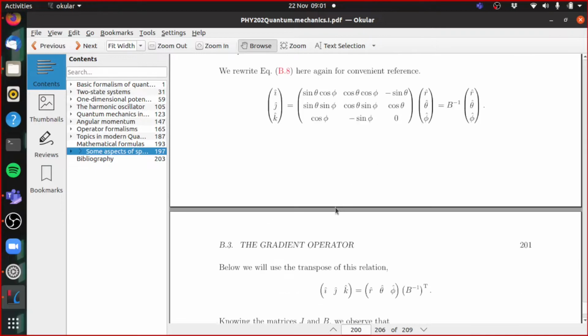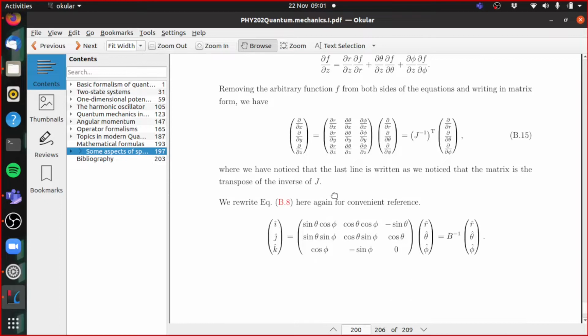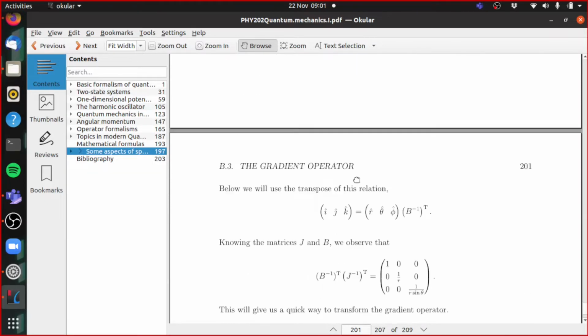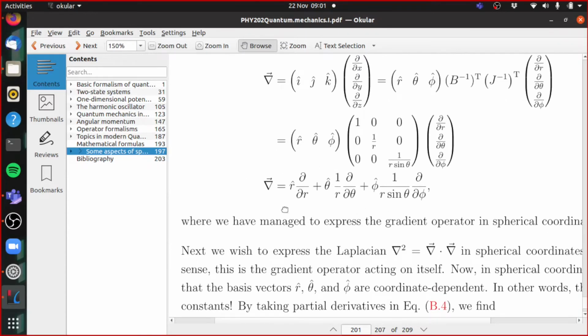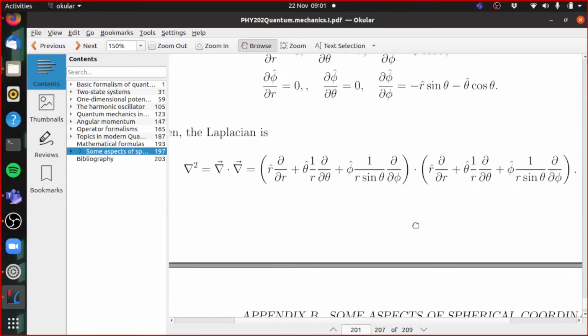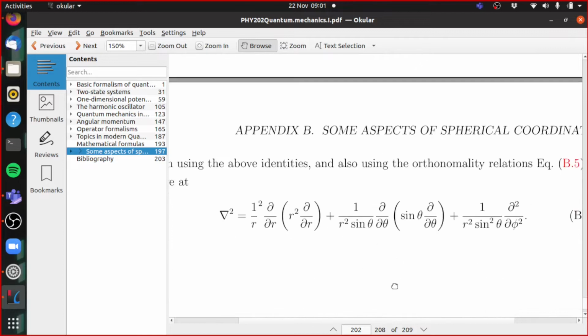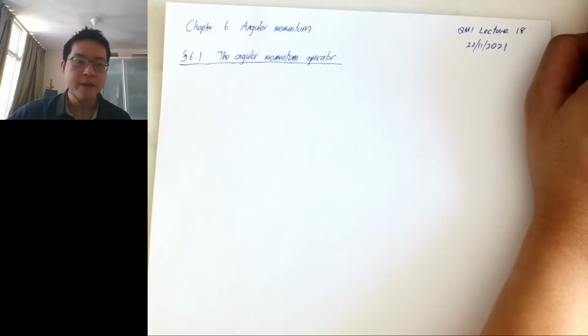But here, if you have MATLAB or something, if you can do matrix multiplication using a computer, then there's a very fast way to derive the gradient operator in spherical coordinates, using the basis vectors in terms of the spherical coordinates as well. Then the Laplacian is just the dot product with itself. So if we have time at the end of today's class, I will talk a little bit more about this. But for now, let us